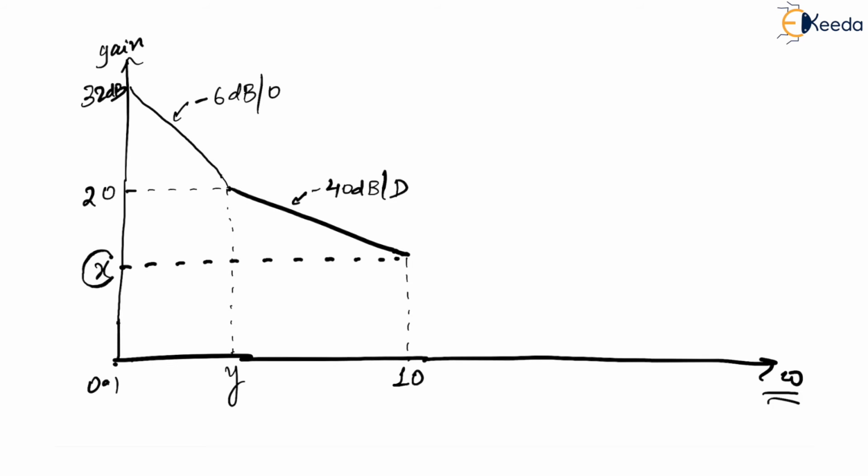Rather, I am interested in finding the value of this x and this value of this y. Okay, let us do that. So, if you think of this y corresponds to this one. This is the y. Is that right? Let me take another color. Yes, if you think of this y corresponds to this one, right? At this point, you have this 20 and you have this 32 dB and you have this 20, right? And the slope, if you see, the slope is nothing but what? Minus 6 dB per octave.